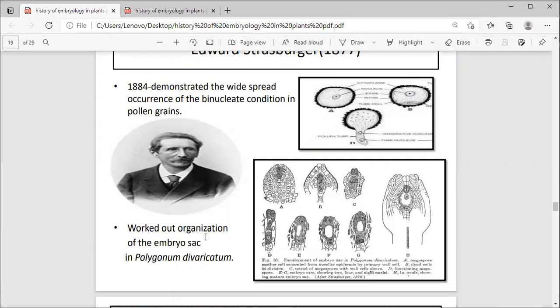Okay. So work out organization of embryo sac in Polygonum. The Polygonum plant मध्ये त्यांनी बघा हे sketch. So इथं by hand sketch केलेले बघा A, B, C वेगवेगळ्या stages आहे. आता इथं तुम्ही details बघा. इथे तुम्हाला jacket cell wall, इथे तुमची micropyle opening, या instruments आहे, इथे synergid cells आहे. हे बघा इथे तुम्हाला detail दिसते आणि ही इथे काय आहे, female gametophyte actually.